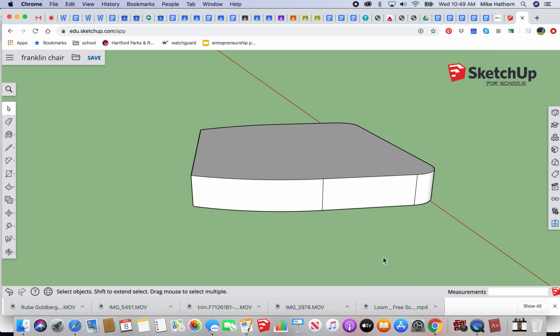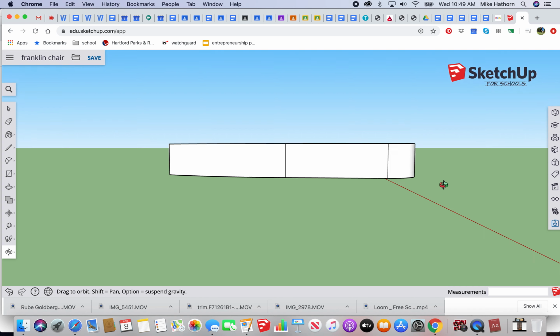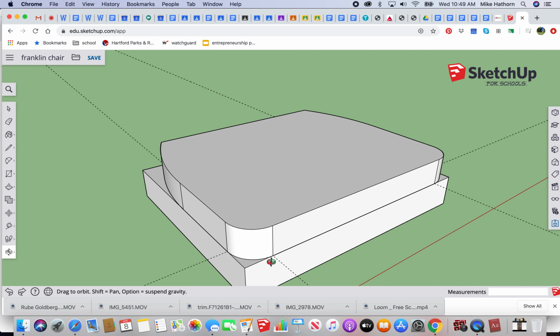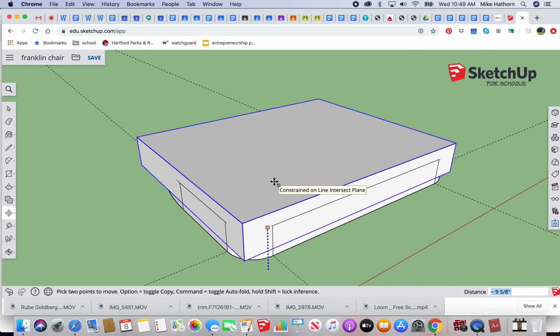This basic shape, we're going to then make it so it's more comfortable. So I'm going to bring the bottom box because I can actually use that. So let's make sure that's a group and this is a group. I'm going to bring this box up, straight up on the blue axis,